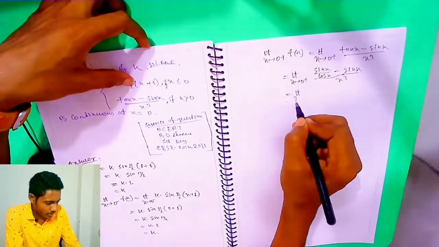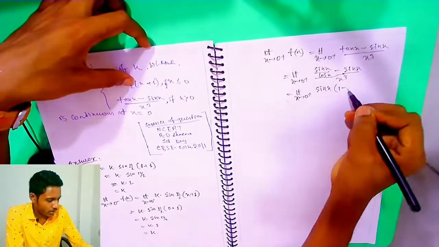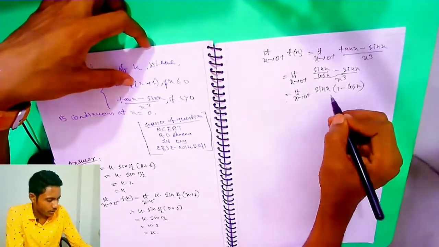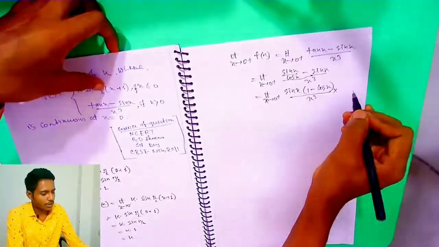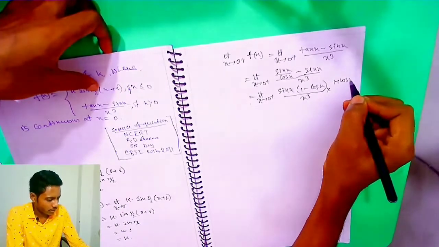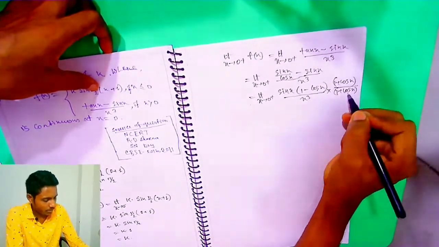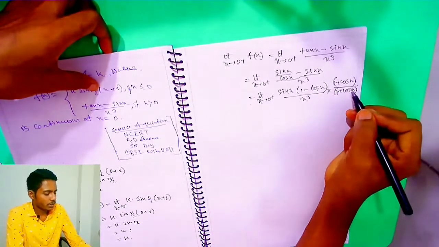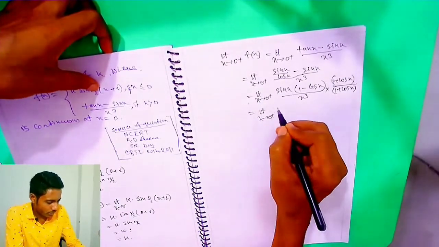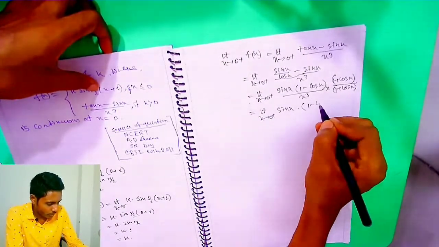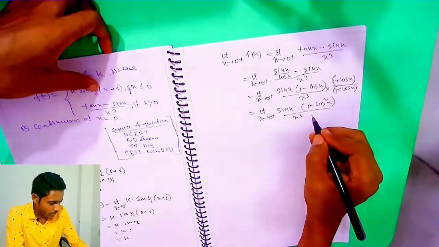This is equal to limit x tends to 0 plus sin x into (1 minus cos x) by x cube cos x. We can multiply both denominator and numerator by 1 plus cos x. Okay, denominator and numerator are multiplied by 1 plus cos x. This is equal to limit x tends to 0 plus sin x multiplied by (1 minus cos square x) by x cube